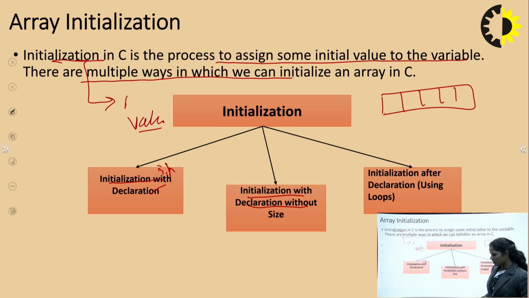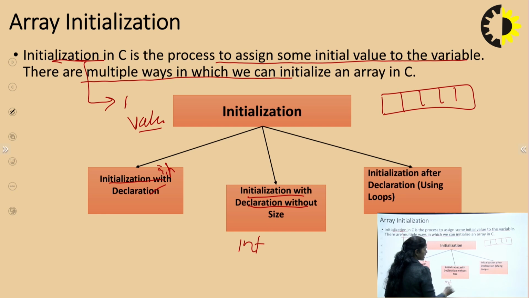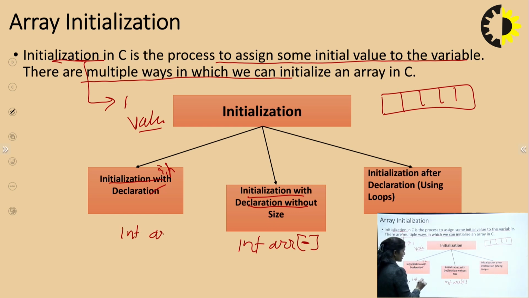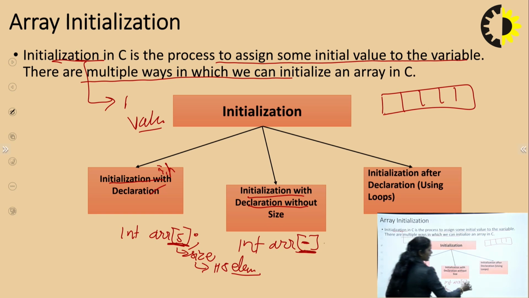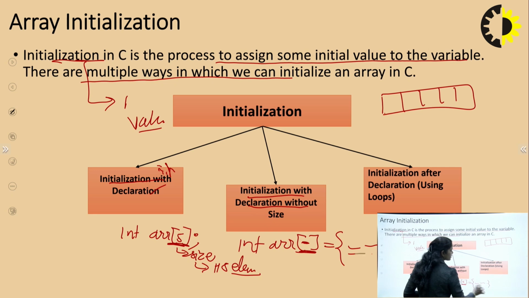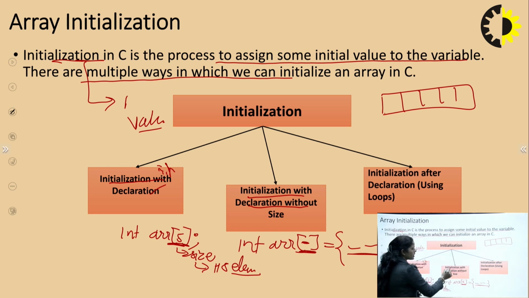Just for example, I am declaring an array of integer type with an array name, and I am not mentioning the size, because in C language I have to mention the size in advance, just like 5. So what is the 5 here? The 5 is the size, and that tells us we have 5 elements, or 5 inputs, in the array. And if I am not declaring this particular size, and the size is considered on the basis of the input provided by the user,